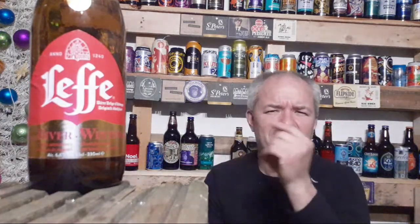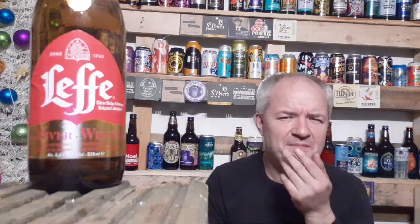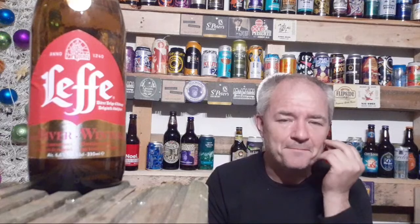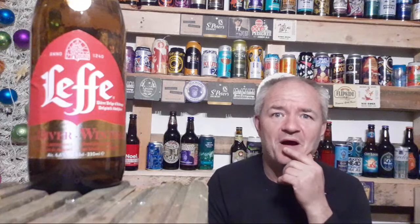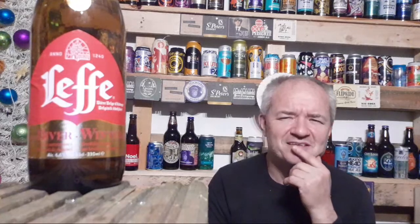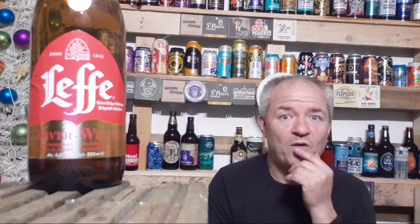So anyway, back to the beer. Out of 5 then, for me, a very good winter beer. The Belgian winter beer. I bet this is in the Belgian Christmas beer set. I won't be surprised. Out of 5, 4.54 out of 5. Very nice. And well worth paying the